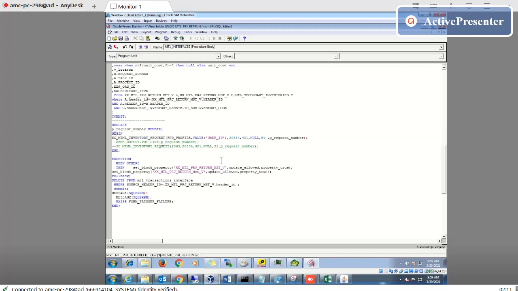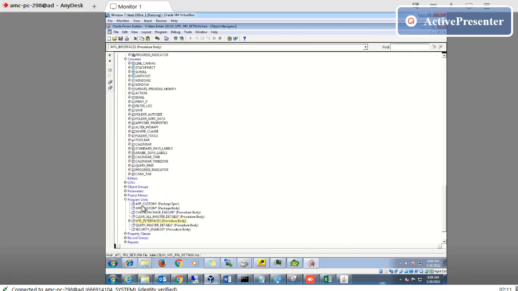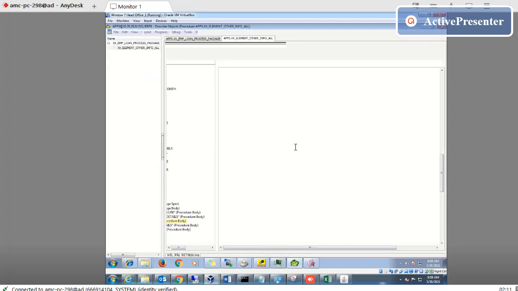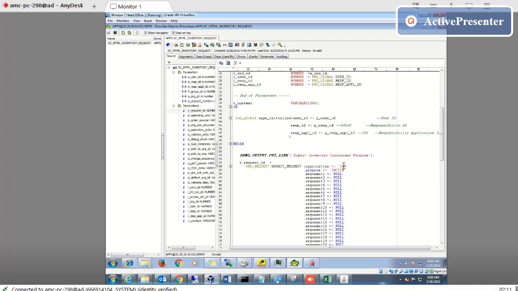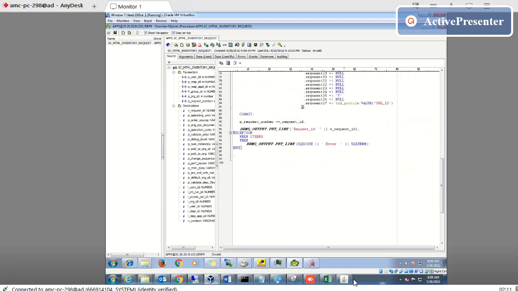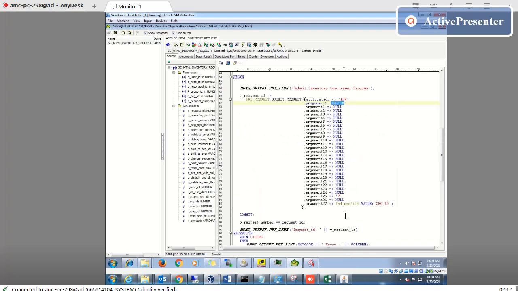The system will submit the request. This is a submit request. Let me show you. I think it is here, or I think it is not here. This request will be automatically submitted to upload the data into MTL material transaction. So this is an example. We created many forms and reports. I think I have 15 years of experience with it.